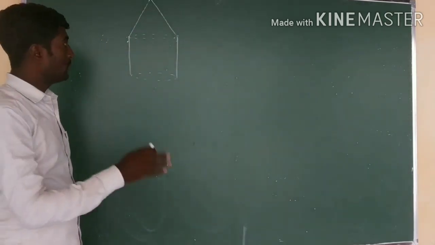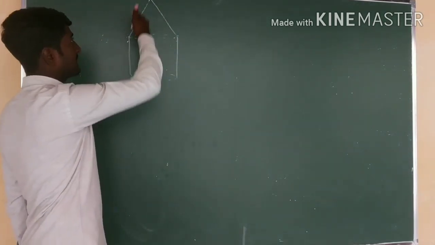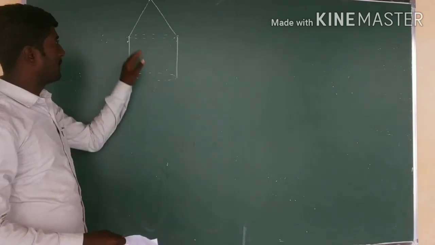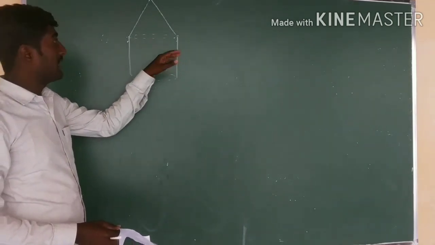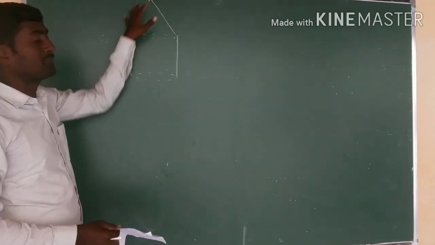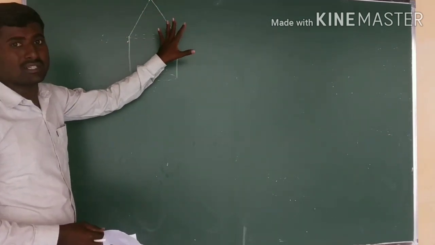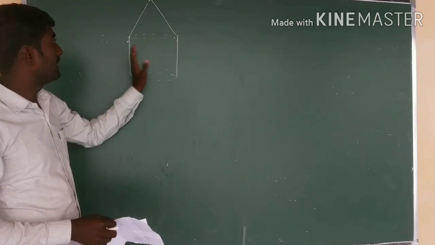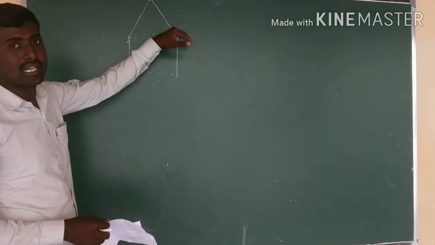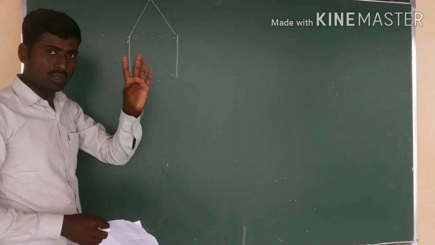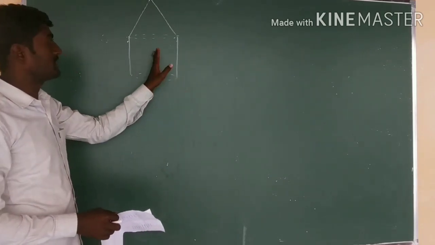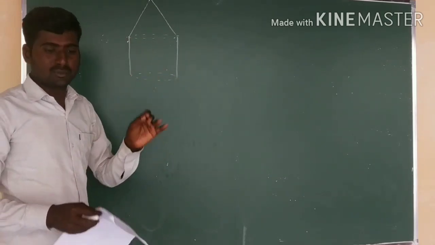Now we are going to make the canvas. Means we can apply the paint, or you can put the tarpaulin on this one. This is what canvas it is. We are going to find the area, how much area we have to make canvas, and also the cost of canvas we have to find. So here conditions they given.